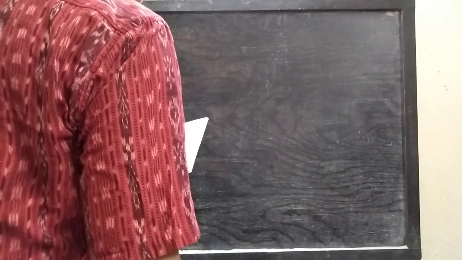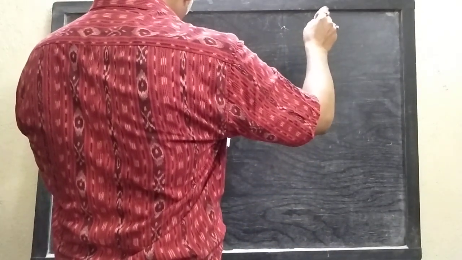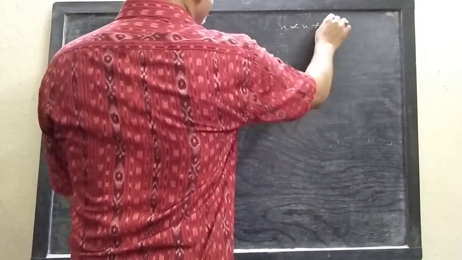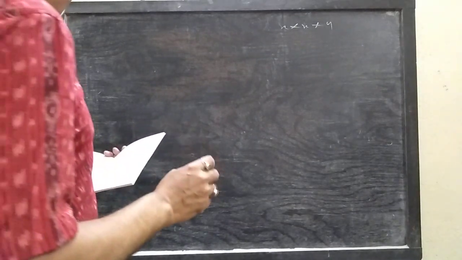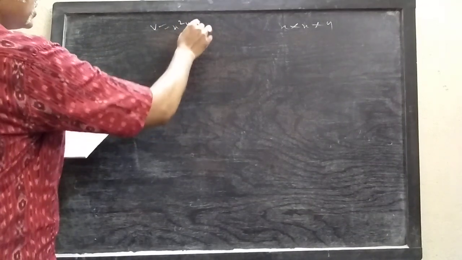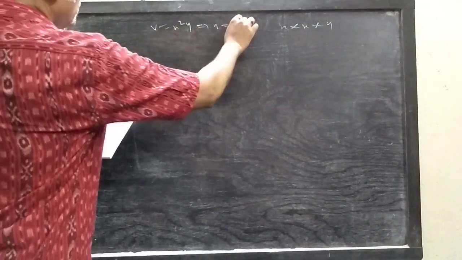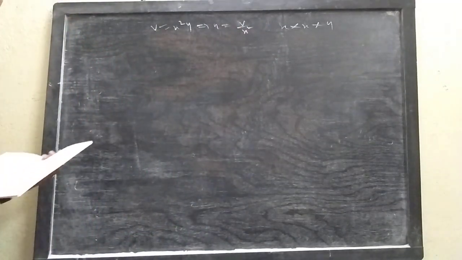Like the previous problem, first consider the dimension of the tank as x cross y. That is, square base has each side of length x unit and height is y unit. Open tank, that is the upper surface is open, is to be constructed from metal sheet of given volume. Let volume of the tank be v, so you get v equals x square y, that gives y equals b by x square, where b is constant.